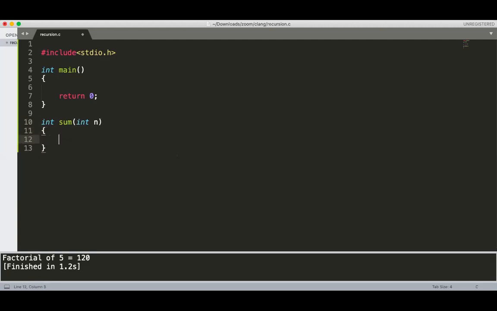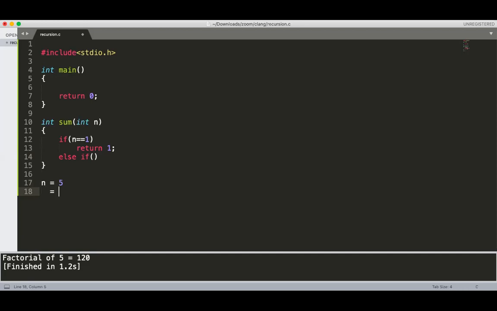Now tell me, if n is equal to 1, then return 1. Else, just take any example, for n is equal to 5.